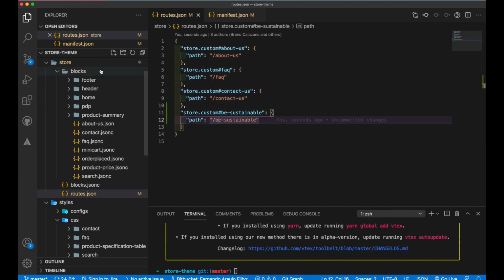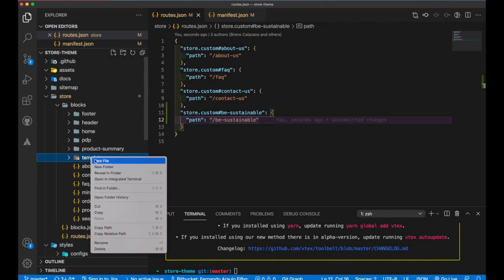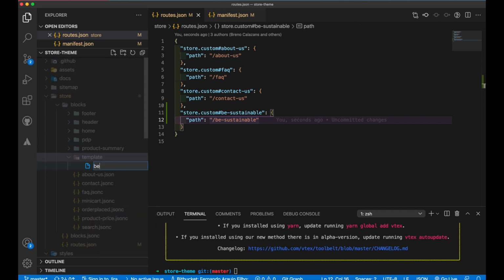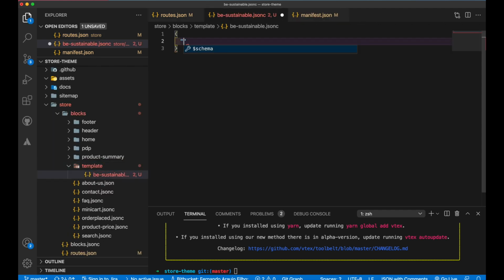And now what we need to do, we need to create this file here. And I'm gonna create a new folder on the blocks folder. I normally do that for templates to organize it. And inside of this here, I'm gonna create my be-sustainable.jsonc. And here inside of that, now we're gonna have our store.custom#be-sustainable, and inside of that here we're gonna use some blocks,